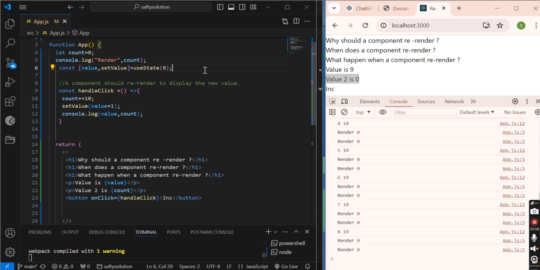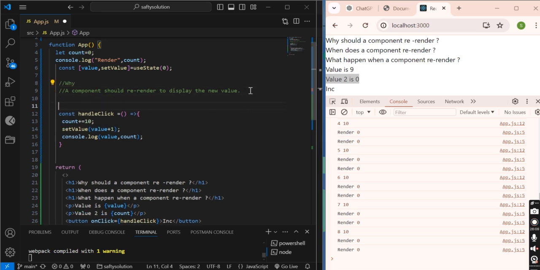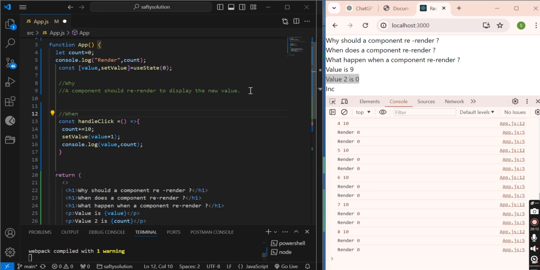So you may have heard that when a state changes, the component re-renders.